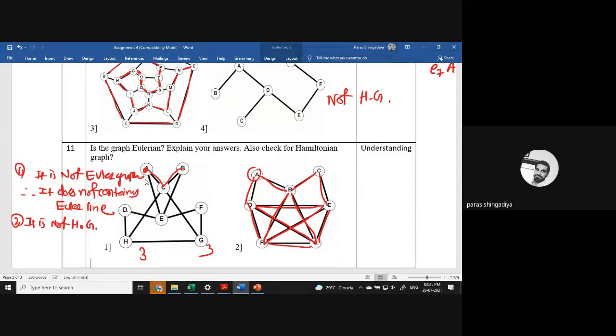It is not a Hamiltonian graph because it does not contain a Hamiltonian circuit. Okay, you can see it. You have to predict the Hamiltonian circuit. What is a Hamiltonian graph? You have to start from some place, and in your journey you have to cover every vertex exactly once. Okay, now in place of edges, just focus on every vertex exactly one time.